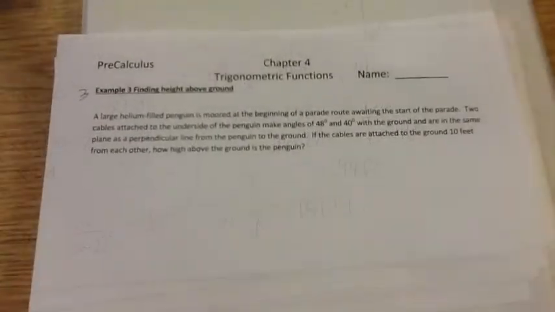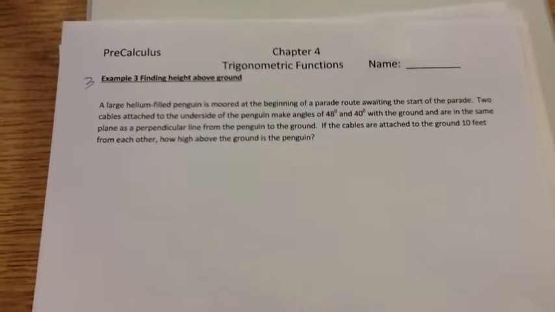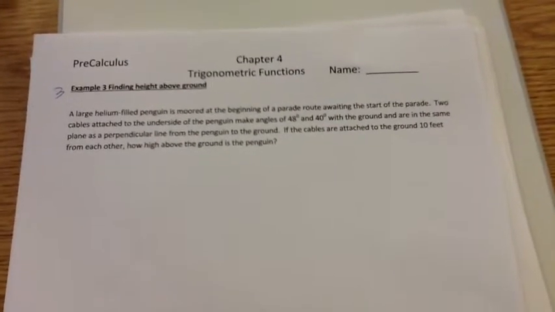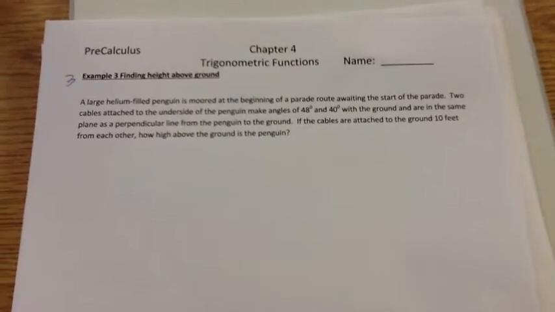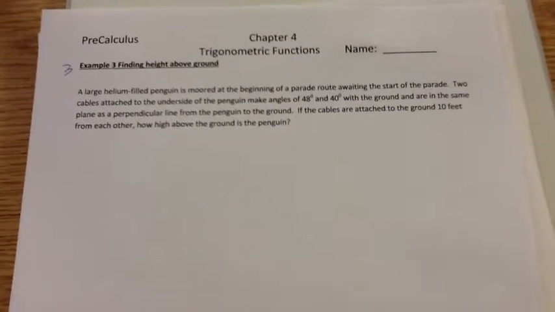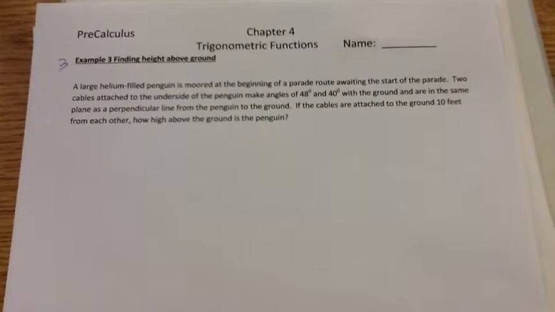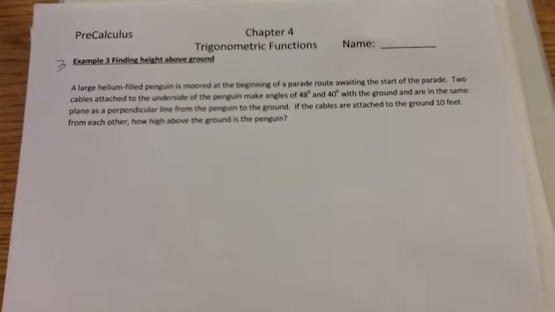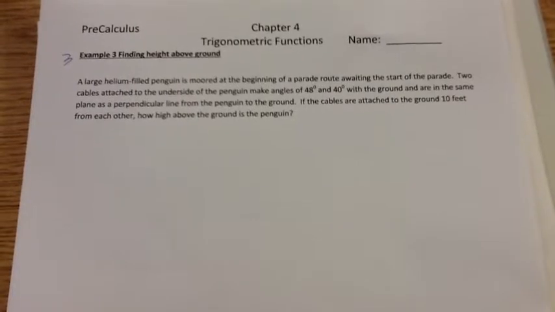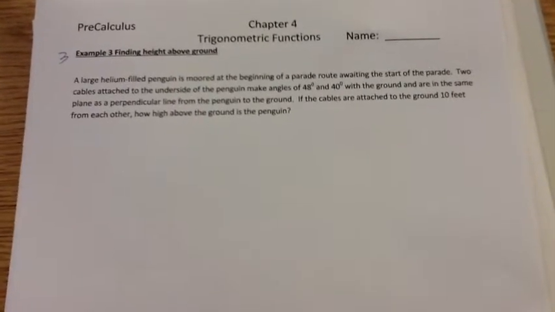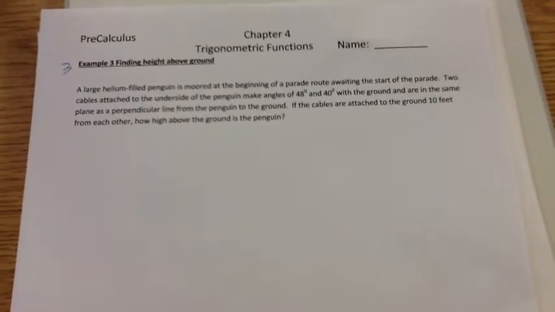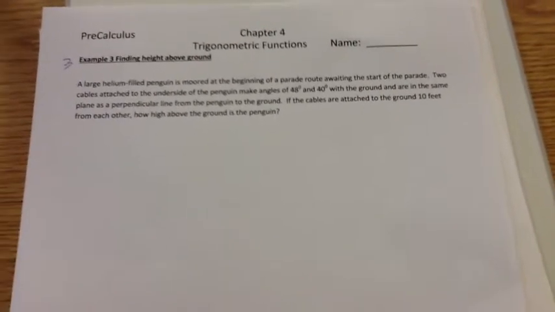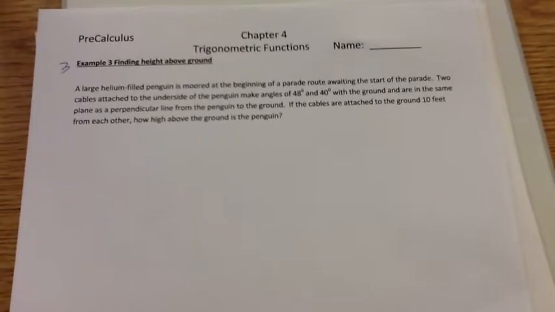All right, example 3 is talking about finding the height above ground. We have a large helium-filled penguin. It's moored at the beginning of a parade route awaiting the start of the parade. 2 cables are attached to the underside of the penguin, and they make angles of 48 degrees and 40 degrees with the ground, and they are in the same plane as a perpendicular line from the penguin to the ground. If the cables attached to the ground are 10 feet apart from each other, how high above the ground